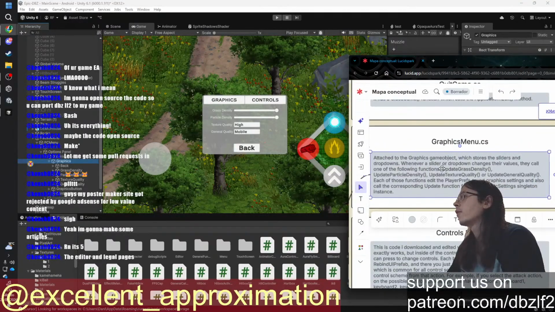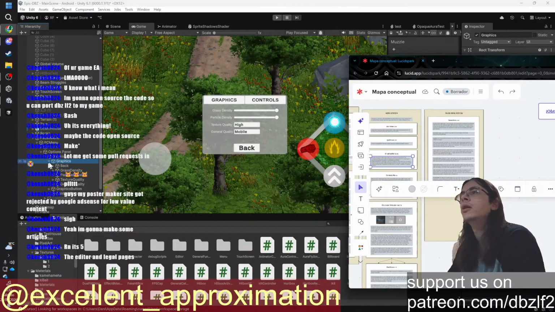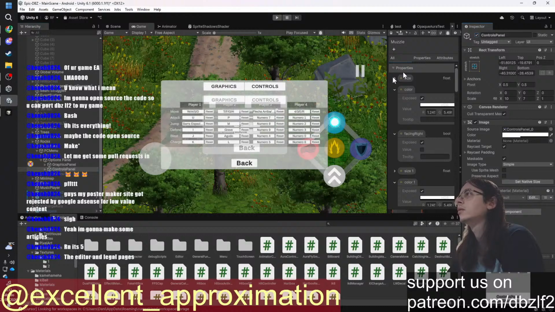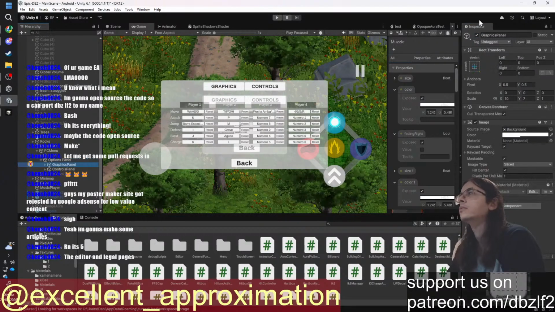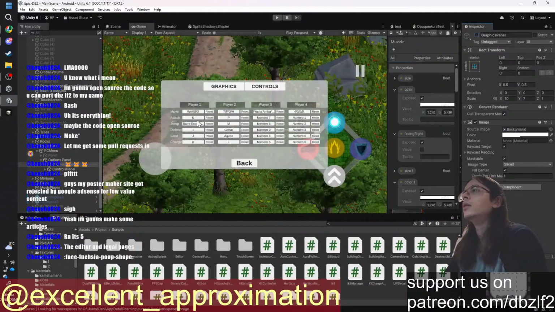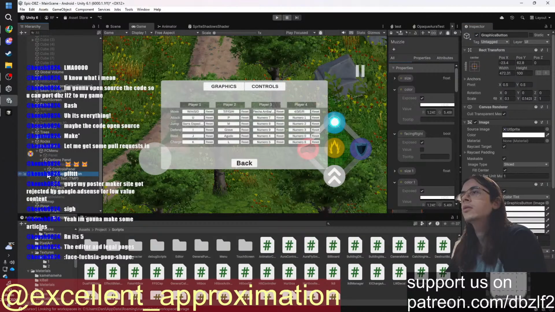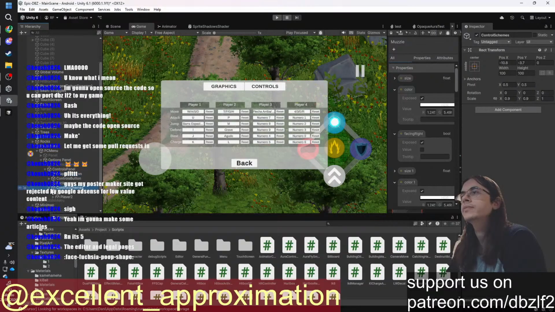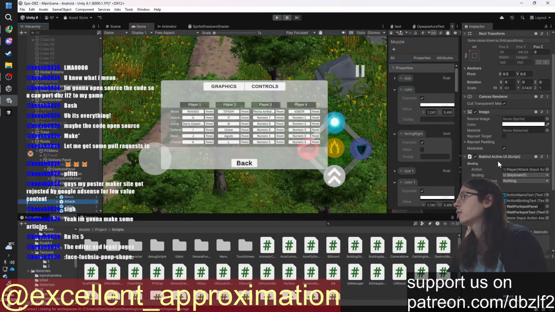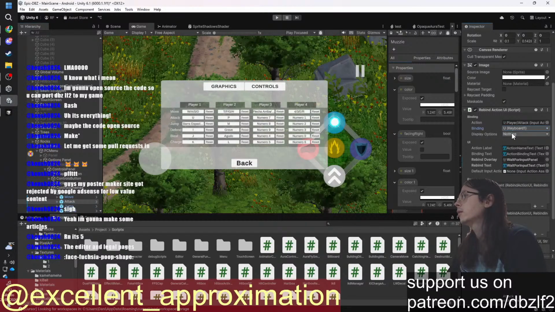That's on the game graphics game object, which stores the sliders and dropdowns. Yeah, it's the exact same. Then the controls will be the exact same also. Like you have different keys. Let's see. Control schemes. You have the keys, and each key has this rebind action UI thing where you delete the binding, and the